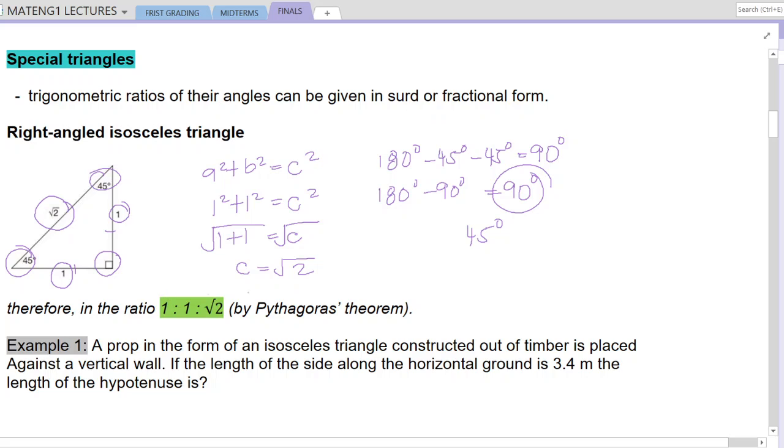So if I'm going to rewrite this one, that is also equal to 1 all over the square root of 2, where 1 there is the leg. Okay, that is either the leg A or the leg B. Okay, and then for the square root of 2, that is the hypotenuse, or letter C.